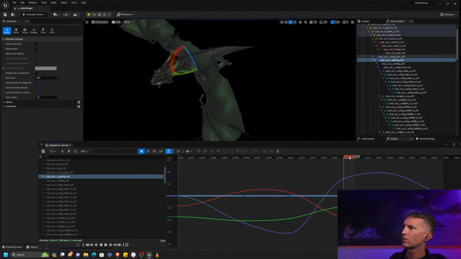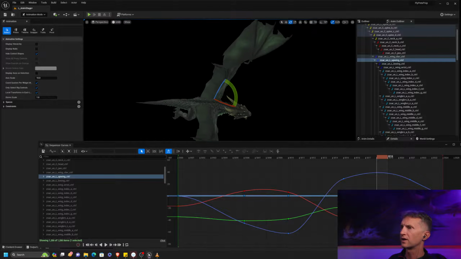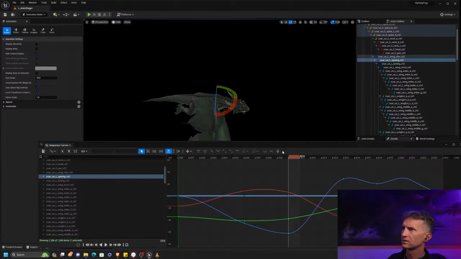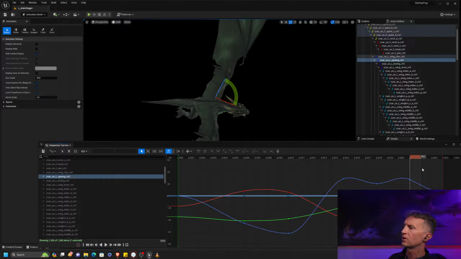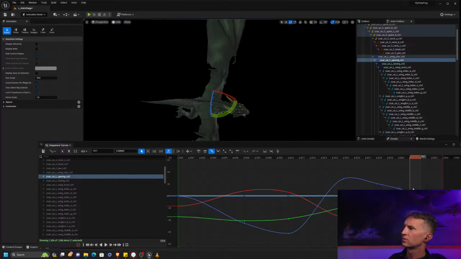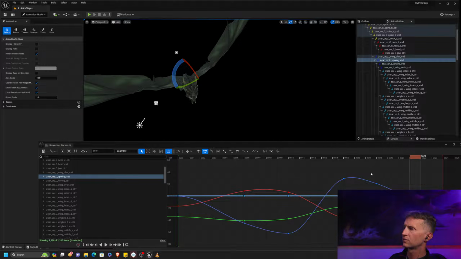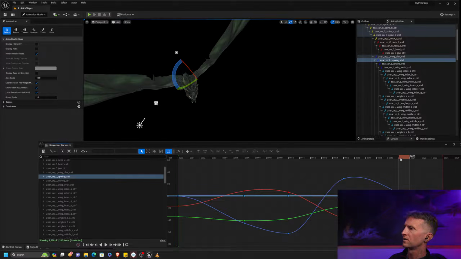It does rotate out quite a bit when it goes through this point at the top. So I think what we're going to do is we're going to actually add a key in here. So let's take the up wing and move it back. So let's just see. Yeah, we definitely have some wonky stuff going as it comes through. Part of the problem is, for some reason, we are way forward. I think we just messed up this last pose, is all it is. I think we can delete that key actually. Okay, that's better. And then let's take